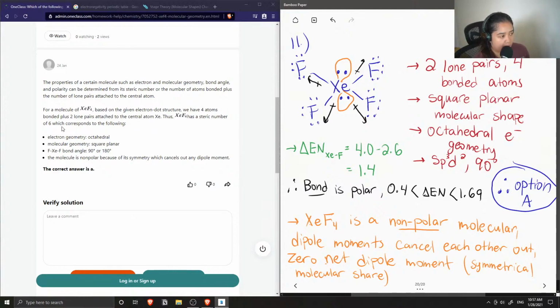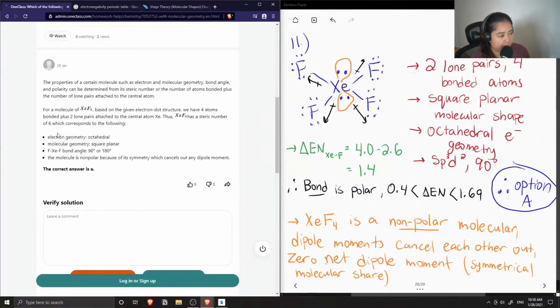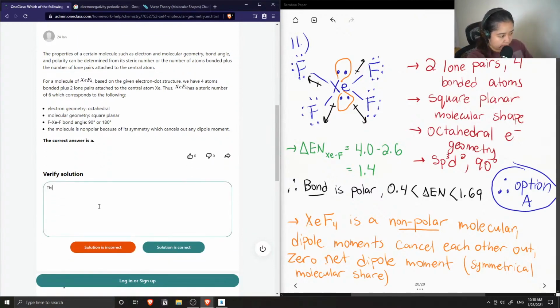Thus, it has a steric number of 6, which corresponds to the following: octahedral electron geometry, square planar molecular geometry, bond angle of 90 degrees. I would just say it could be 180 if we look at the bond angle between the 2 electron groups, the lone pairs. And the molecule is nonpolar because of its symmetry, which cancels out any dipole moment. So the correct answer is A. Yep. So the solution